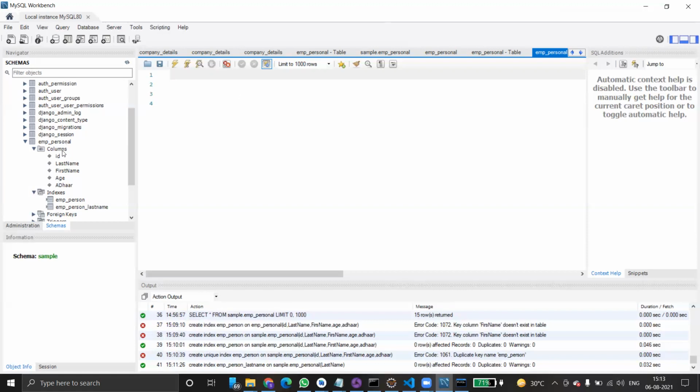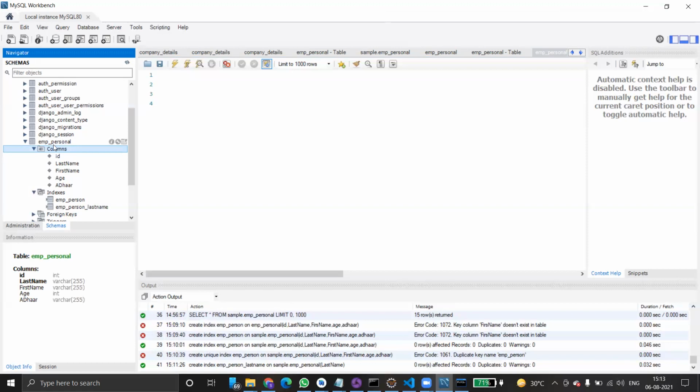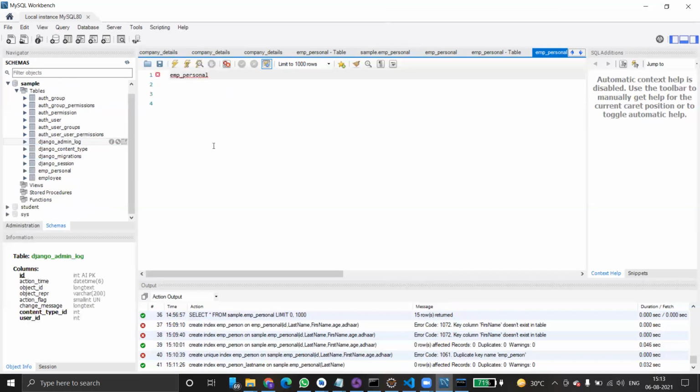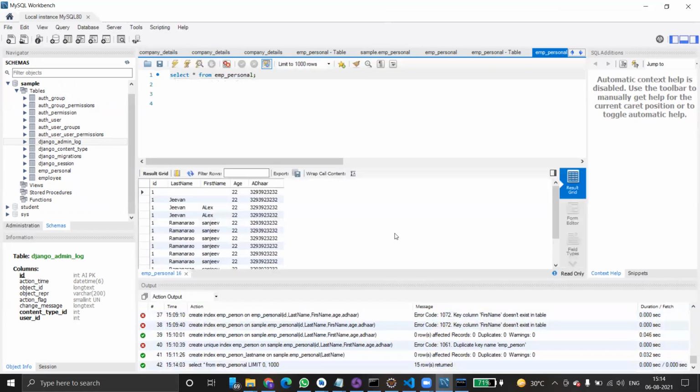Now, this is a table, right? Select star from the table. Just run this program and you can see it is indexed. See, all the values are sorted. Z1 Ramana is there, right? That is nothing but the index.